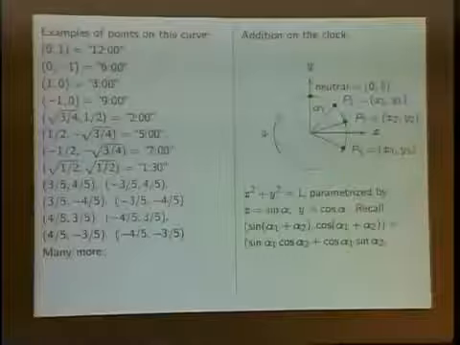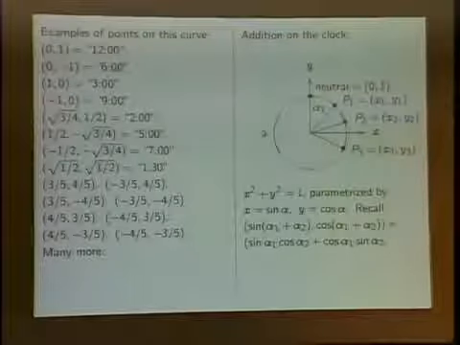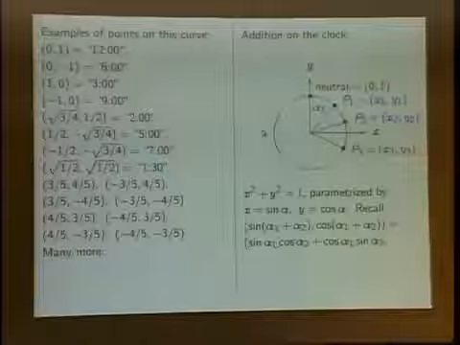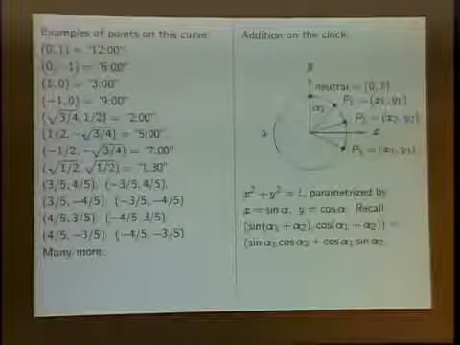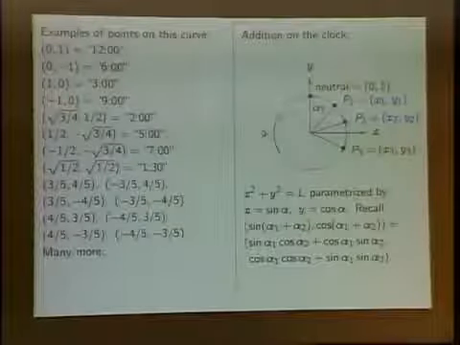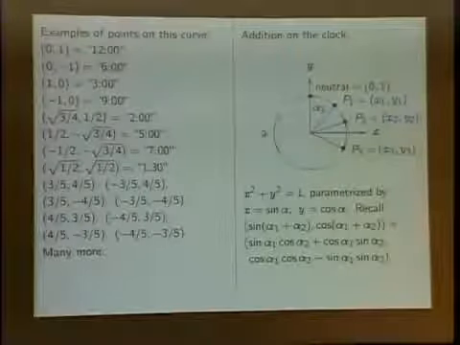And this will be about the nastiest formulas we give you in this presentation. So sine of alpha 1 plus alpha 2 is sine of alpha 1 cosine of alpha 2 plus cosine of alpha 1 times sine of alpha 2. And there was something similar for the cosine. Now, we'd like to simplify this and not think about sines and cosines. We'd like to just work with points on the curve, x's and y's on the curve,